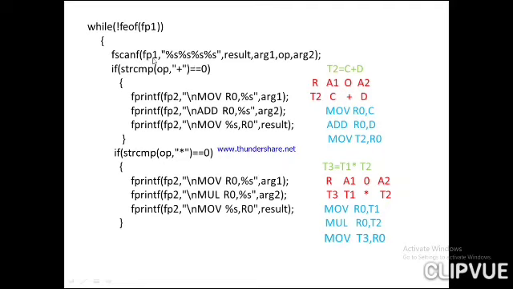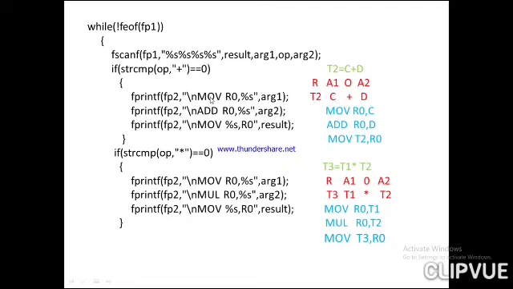After reading that, what I am doing here is comparing. If it is a plus operator, as I told you, 3 instructions will be generated. Which are those 3 instructions? One is move from the memory to the register. Then add, multiplication, division, or subtraction between the register and one more variable. Finally, move the result back to the memory location. So these are the three instructions, as I told you. That is what we are doing here.